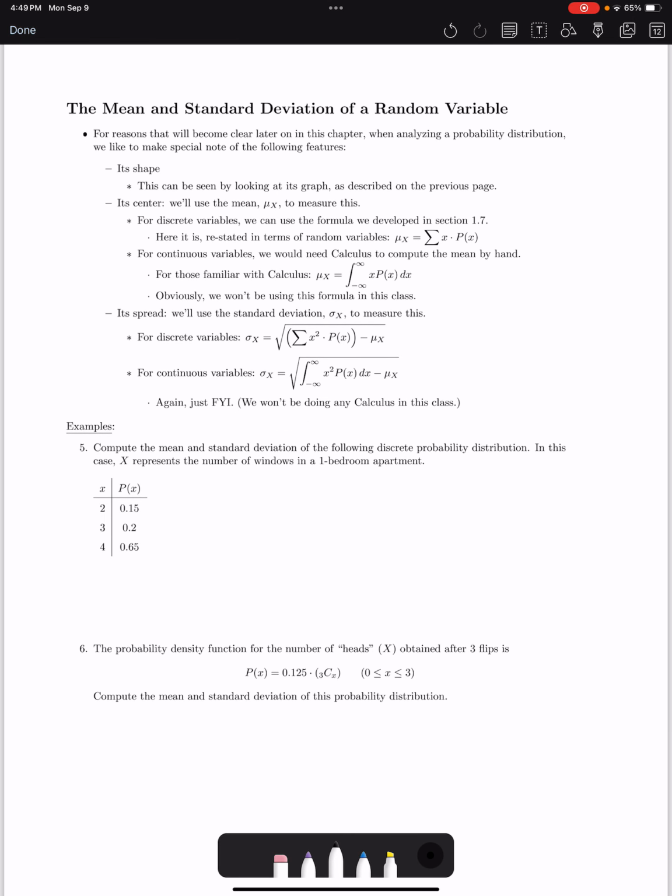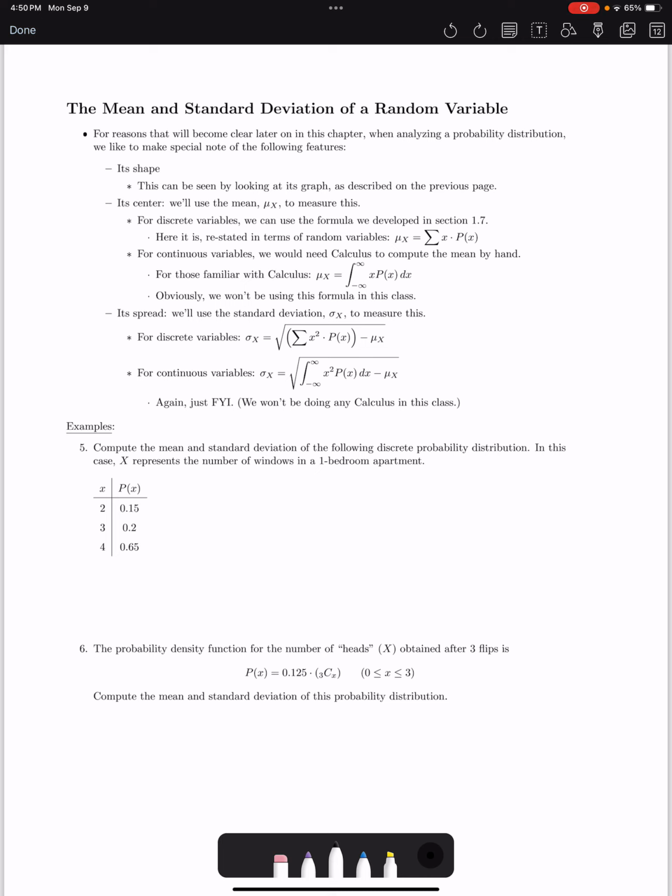Let's talk about the mean and the standard deviation of a random variable, okay? For reasons that will become clear later on, when we're analyzing a probability distribution, we like to make special note of its shape, its center, and its spread, which should sound familiar, right? These are things that we're interested in when we're describing a data set, when we're giving a data profile. With a